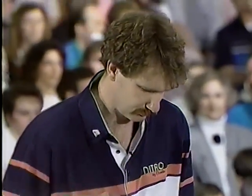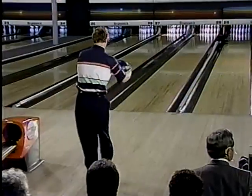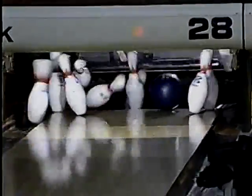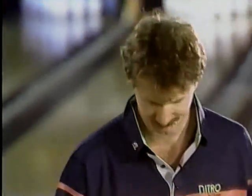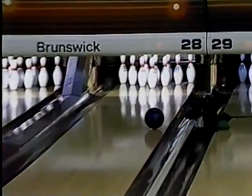Bellinger is striking in the 6th frame. 10-pin lead held by Walter Ray Williams. He can increase it to 20 here in the 6th. Needed some help to get the 10 out. Didn't get it. Walter Ray commented on his 11 second-place finishes over the last 3.5 years, and some of it's